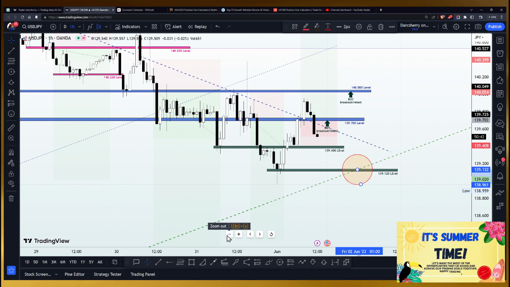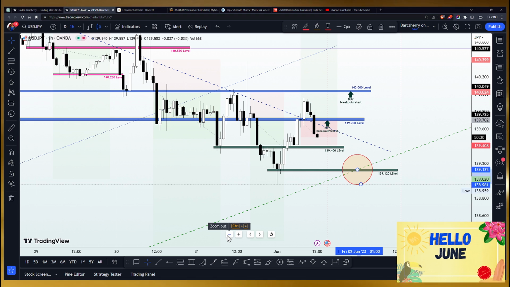And remember, we have a very, very important major event, that is the NFP, coming up tomorrow. So we want to see how we want to position ourselves ahead of that event. So join me tomorrow again as we come here to review the market structures to decipher what our next line of action will be.